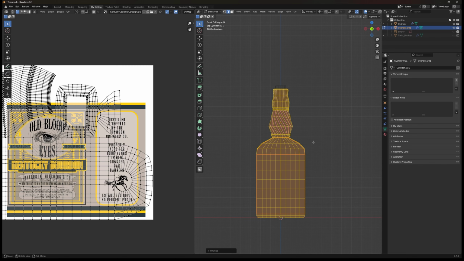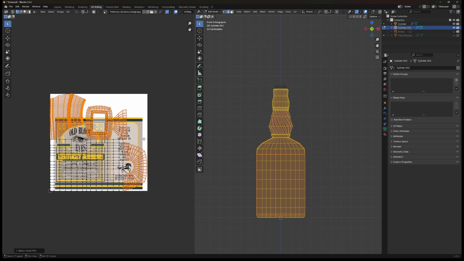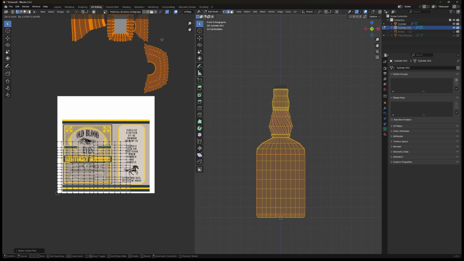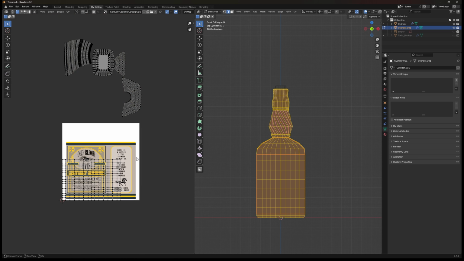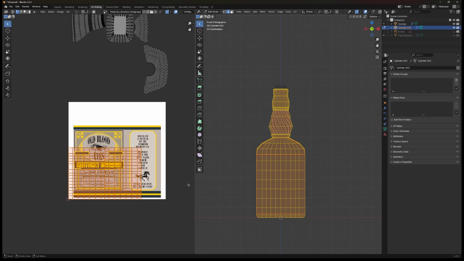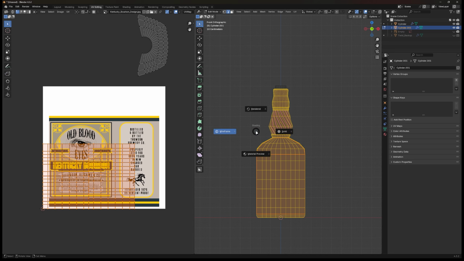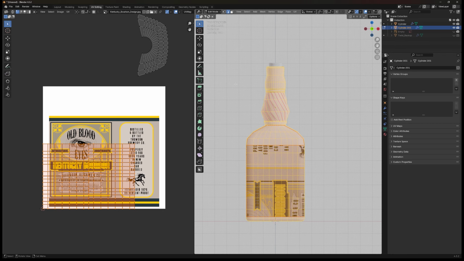Now on the UV window on your left, select all the UV by pointing your cursor to the shape and press L to select link. Then select all the UV except for the perfect square one and move them away out of the border. Now we could just select all the square UV with box select, and to preview the change, just hit Z and change the view to material preview or render preview.